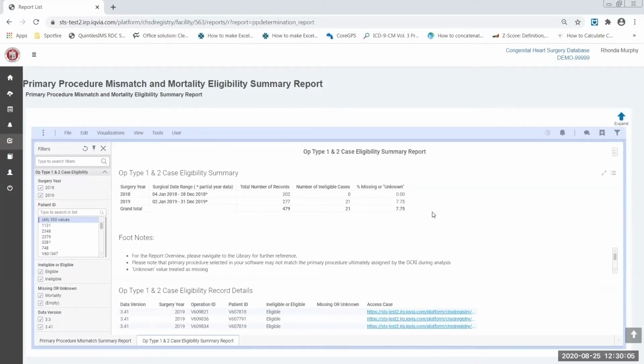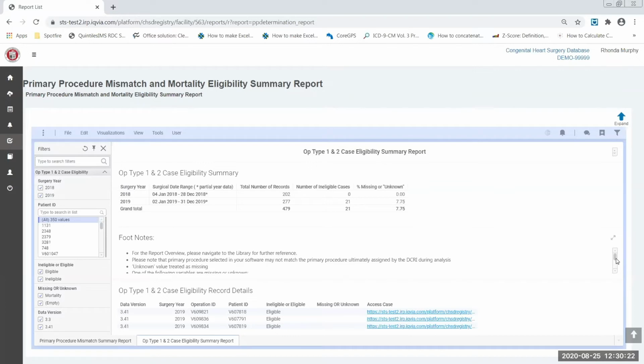And I will view this first, and then I can click over on this other tab here to navigate to the primary procedure mismatch. So starting here with the op type 1 and 2, I just wanted to show the navigation into the report, but we did meet yesterday with surgeon leadership and reviewed this report, and they had provided some feedback on how to enhance this report to make this more usable for